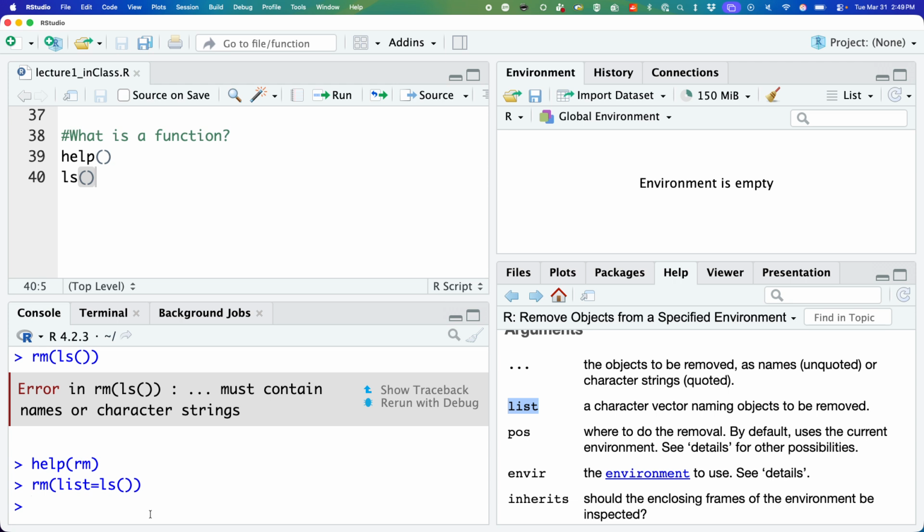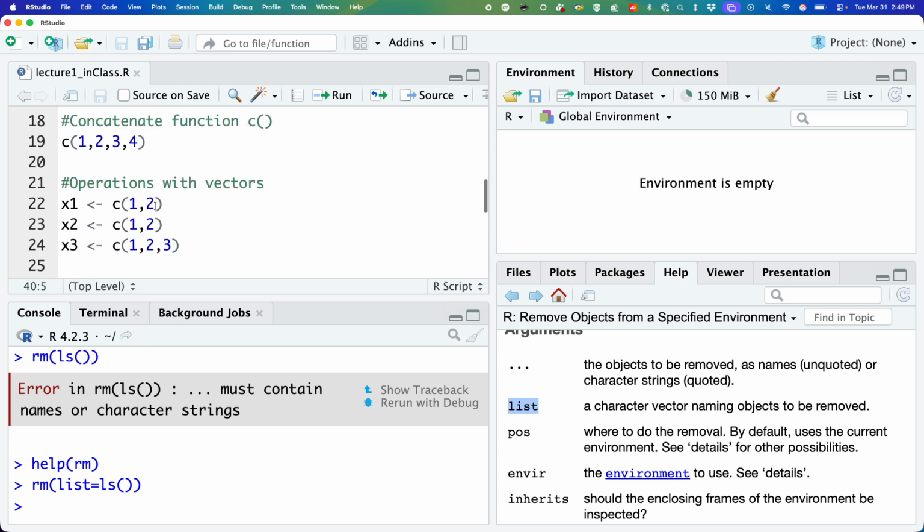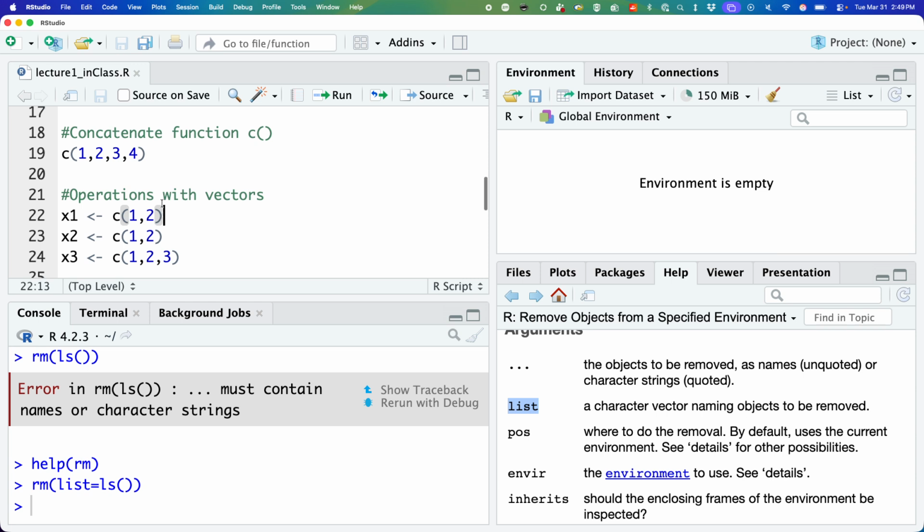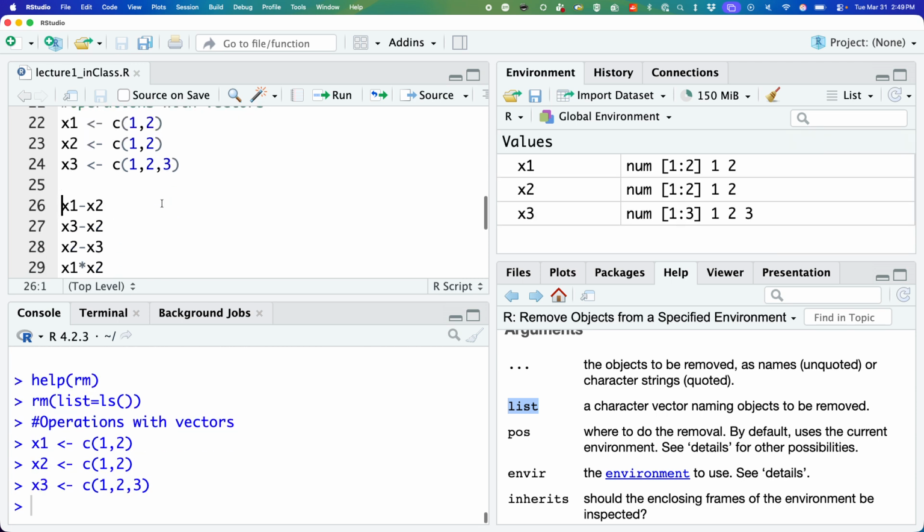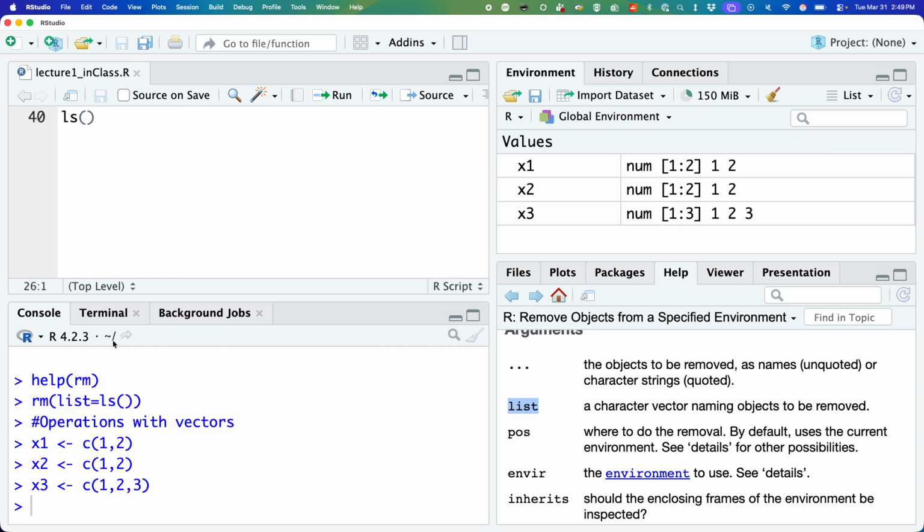Okay? So this would be the same as, okay, so to be abundantly clear about why that didn't work, essentially what we did was something like, well, I guess it's not quite what we did, but